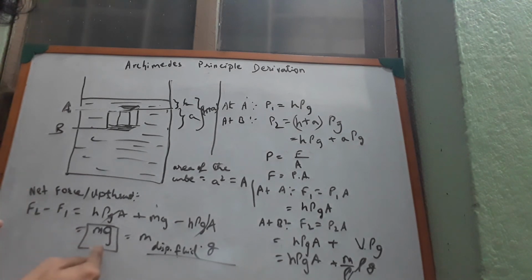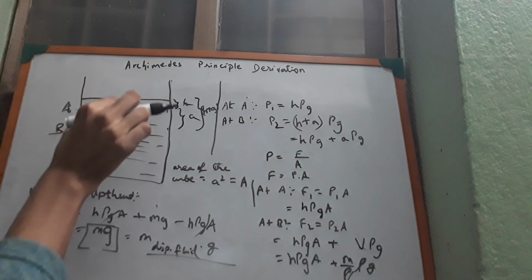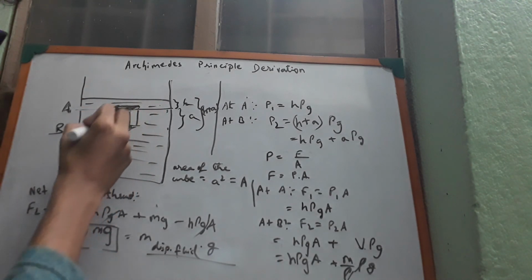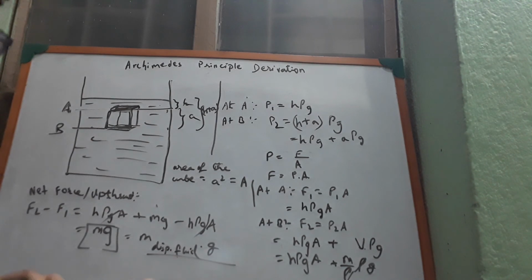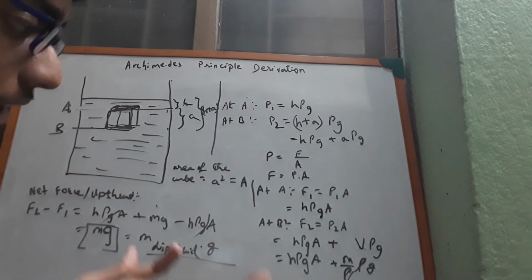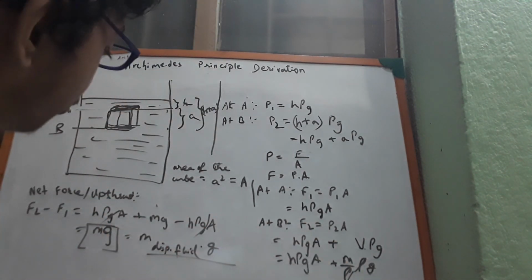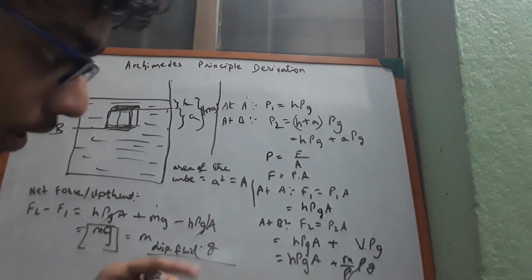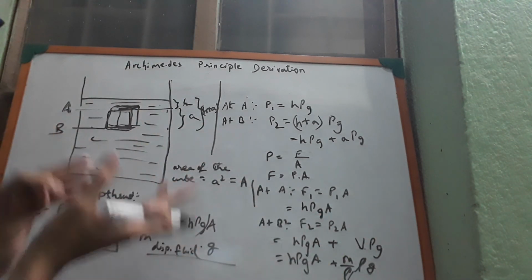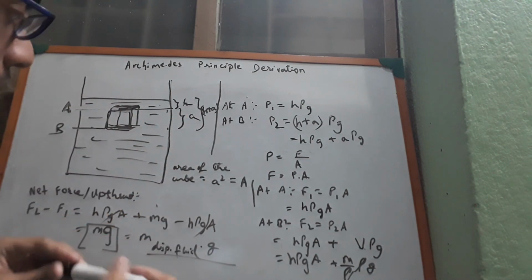It is just equal to the weight of the displaced liquid. The cube here will be displacing some amount of water, right? It will be displacing this much volume of water. That volume of water will have some mass, and it will also have some weight, mass times acceleration due to gravity. The weight of the displaced fluid is again a force. That force is equal to the upthrust, the upward force experienced by this body immersed in water. So this is basically what Archimedes principle says.